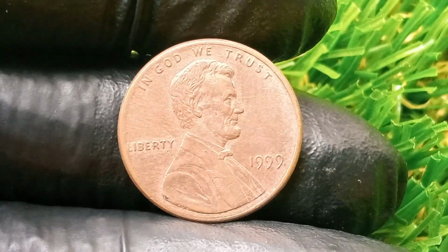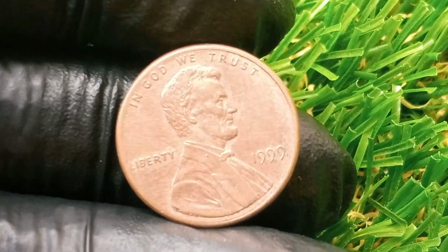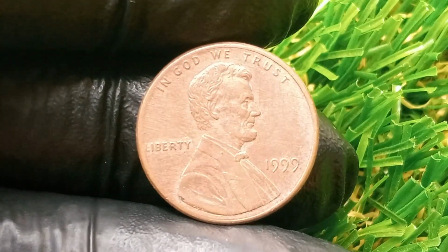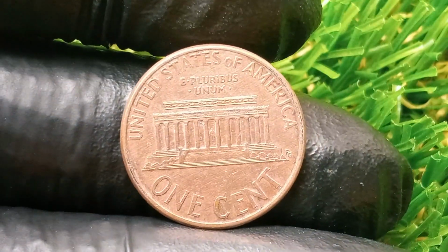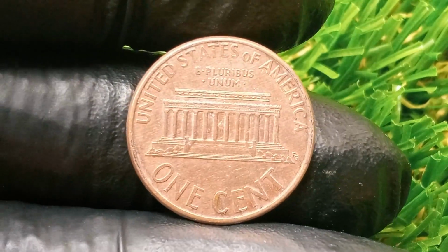In today's deep dive we will explore not just what went wrong in the minting process but how those so-called mistakes transformed a humble penny into a treasure of untold value. So if you're someone who ever thought a single cent couldn't change a life or make history, this story is about to make you a believer, because the 1999 penny in question is no ordinary coin but a true miracle